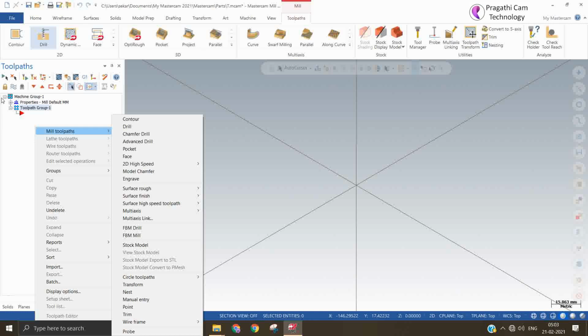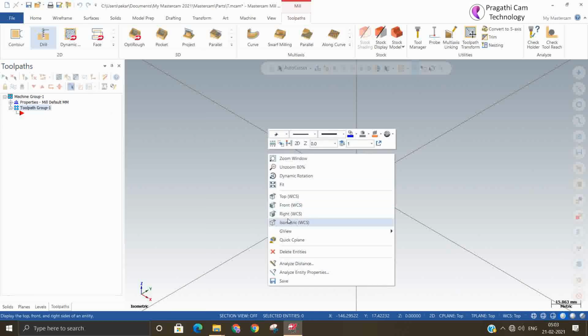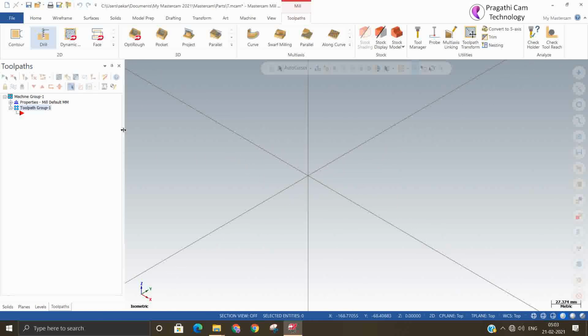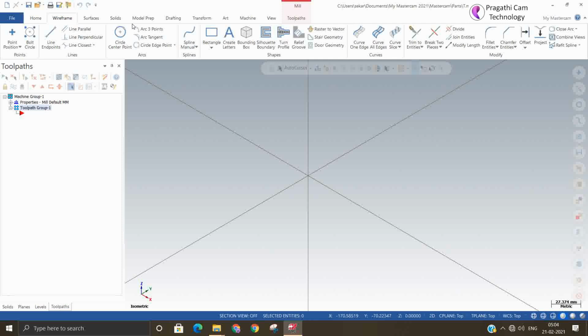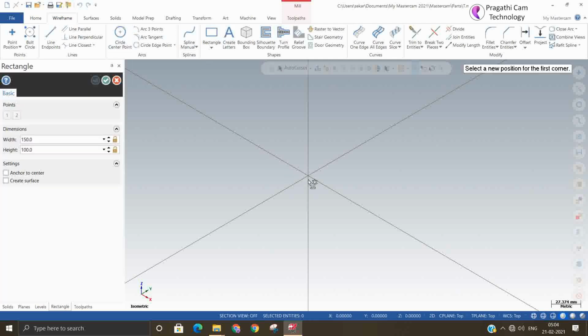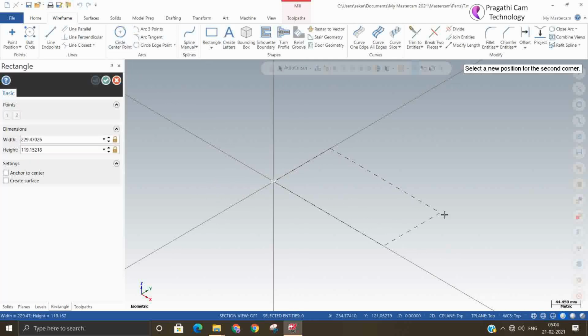First of all we will see the chamfer drill. I will draw some wireframe to show. I will make one simple wireframe, a rectangle of 150 by 100.